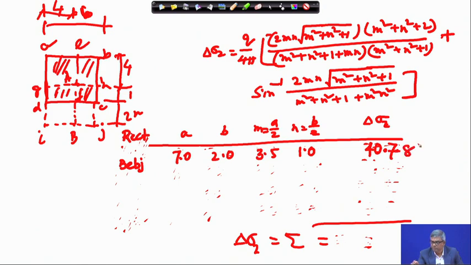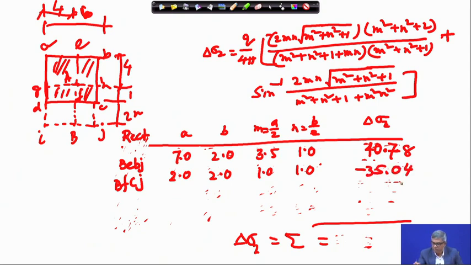40.78, and next is BFCJ. This portion actually is not there, so you have to subtract. For this it is 2 and this is 2 again, and this is 1 and this is 1. If I put this in the equation, you will get minus